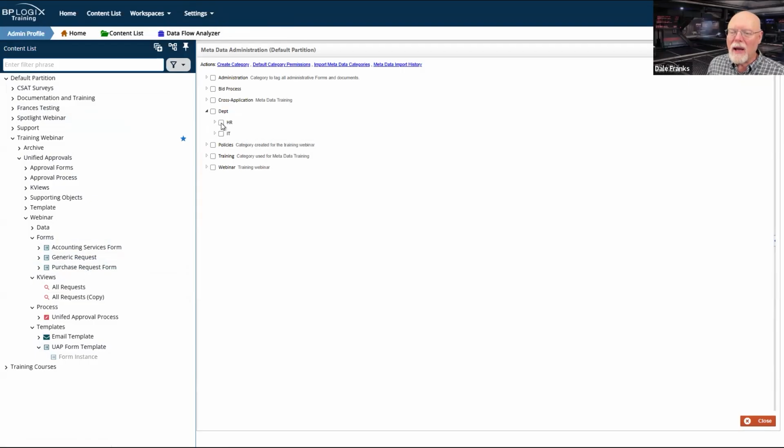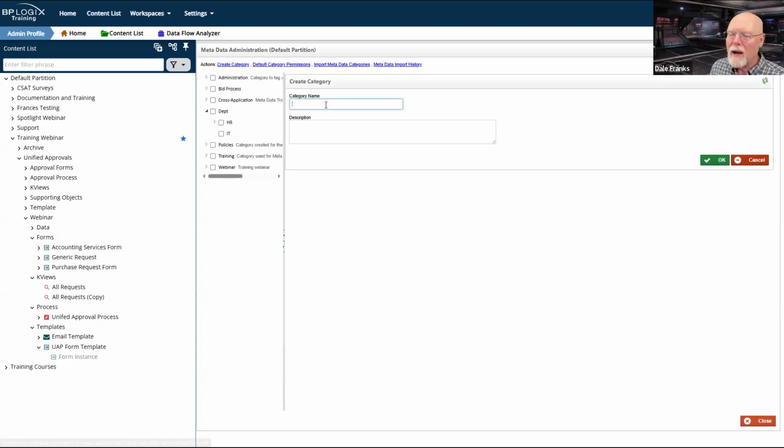And I actually have part of it done: department, HR, IT. But so far I've called it function and process. So I can just create a category and call it function.